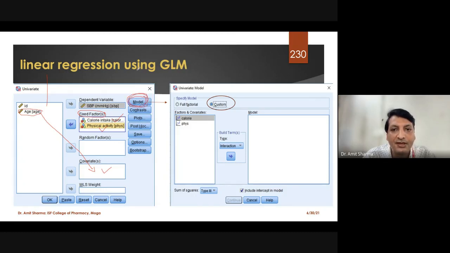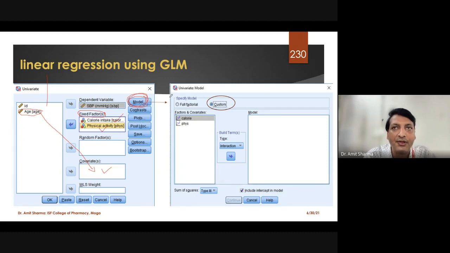Customizing a model means that you want to see the effect of calorie intake and physical activity together, or you want to give priority to one of these variables.